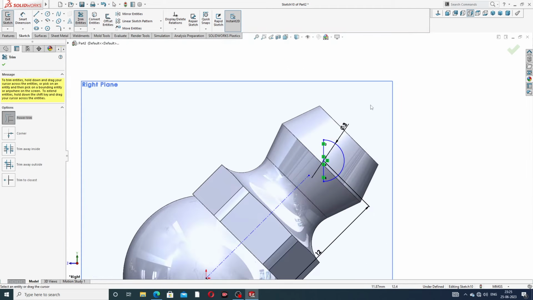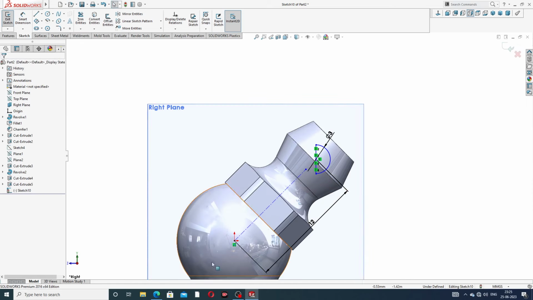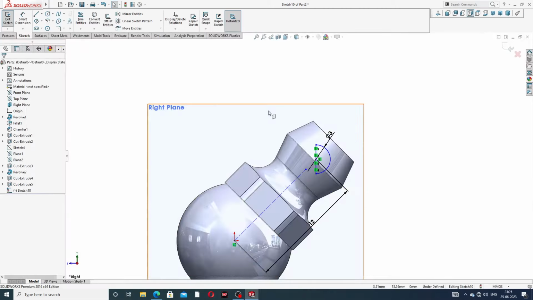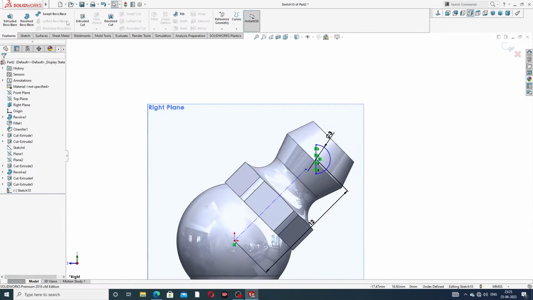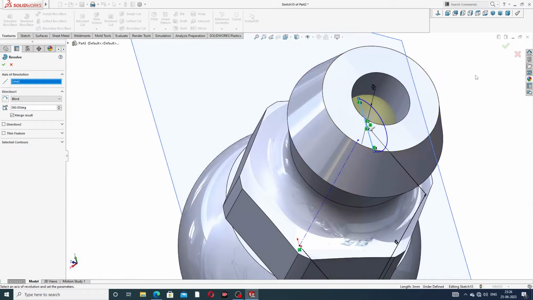Okay, and guys, this is very important. This is very important, and use a 3 cutout, 3 dia, and this circle's diameter is 3mm, radius is 1.5mm, and distance is 12mm, and revolve boss base. Use this and click OK. Okay, and click OK,